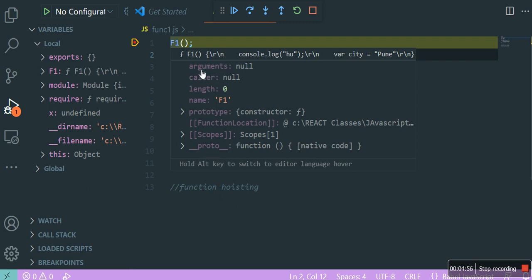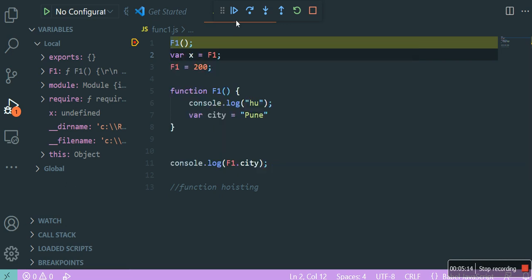Because a function is an object, it behaves like an object. In JavaScript we say a function is a first class object. It is as good as any other object. So that's why it has properties. Can you see city in this? So the city property is not there. Correct. As simple as that.